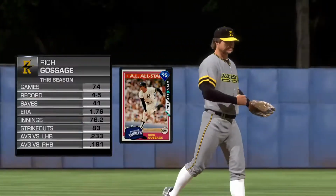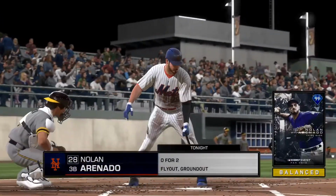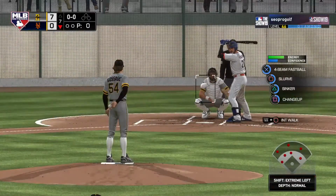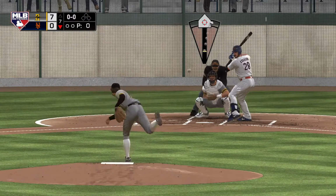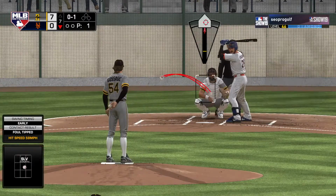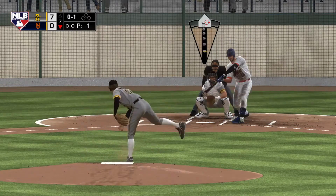Goose Gossage gets the call from the pen to take over on the mound and start the home seventh. So stepping in, Nolan Arenado. He'll try and get something started in the home half of the seventh. It doesn't look very promising so far in this one as we move into the later innings. Down by a bundle, it's time to get some base runners and hopefully a long ball to get them back